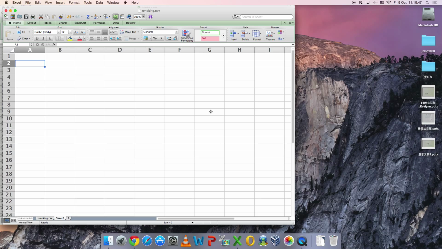And we can enter the data into 3 columns, which is the cups,